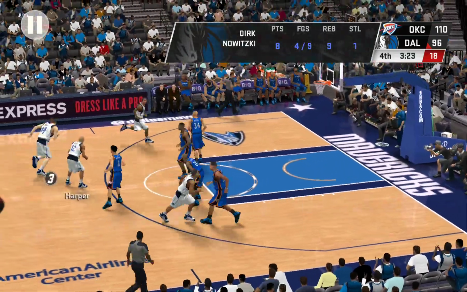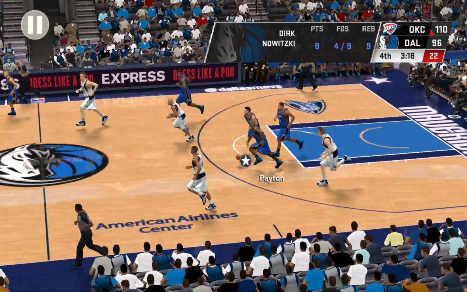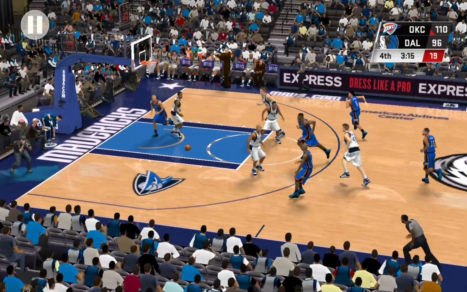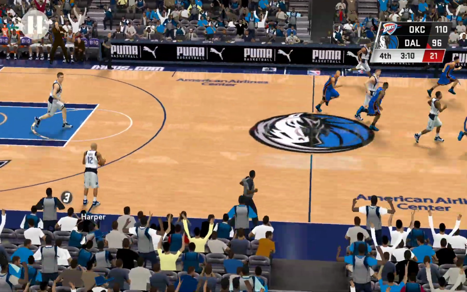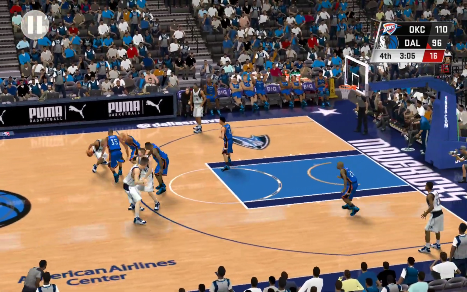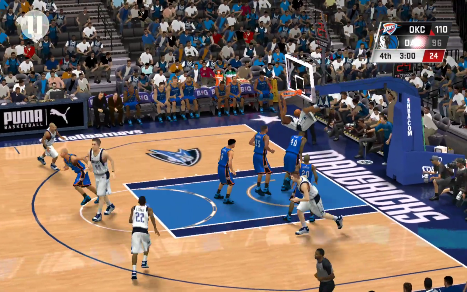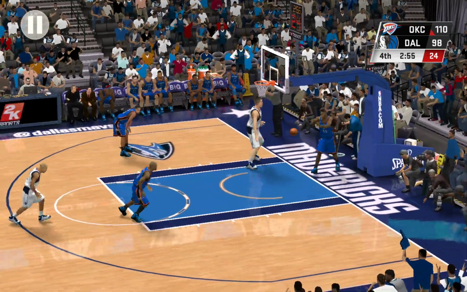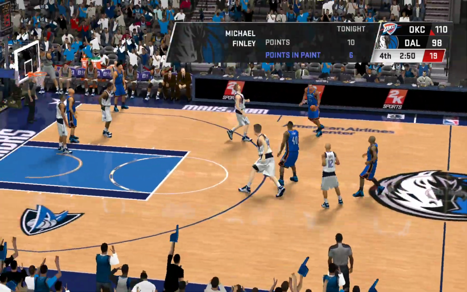Now Nowitzki. Pass to Harper. Stolen by Westbrook. Now Allen. And it's rejected. And here is Payton. Time called here.